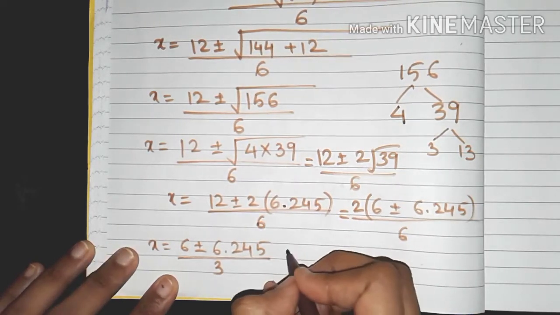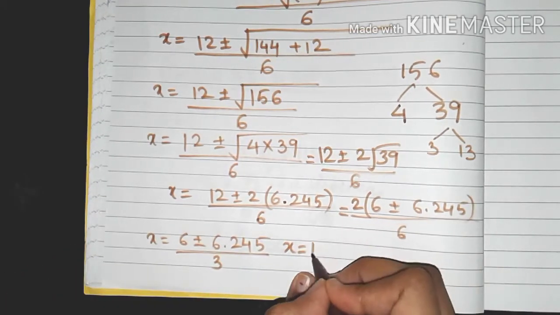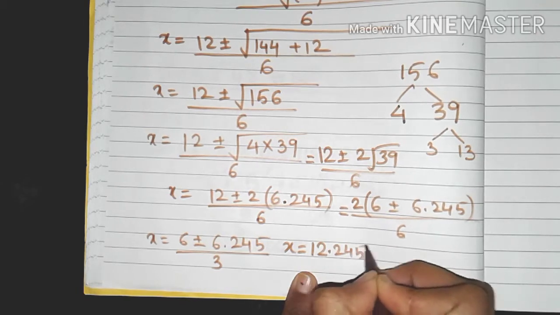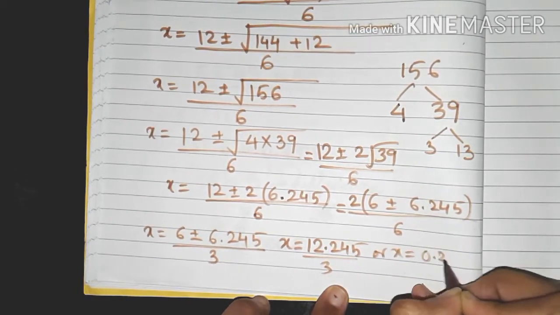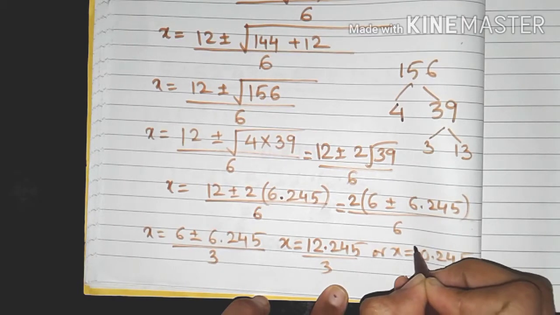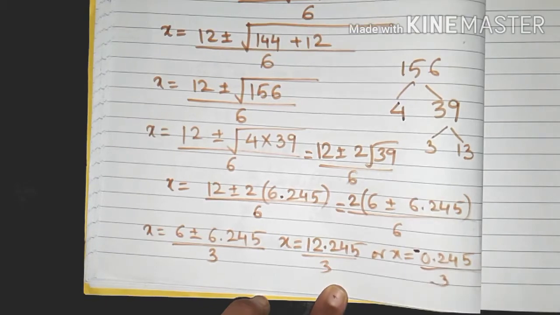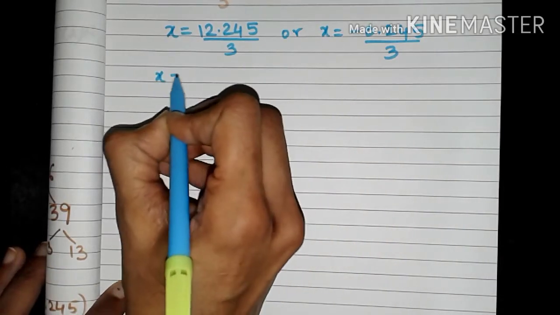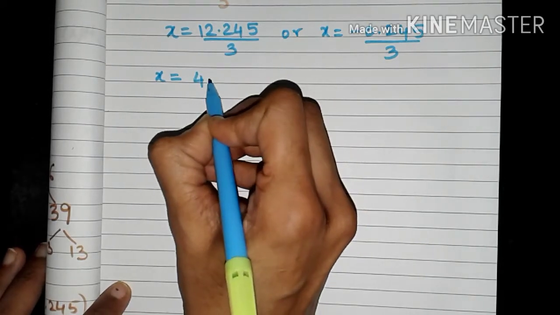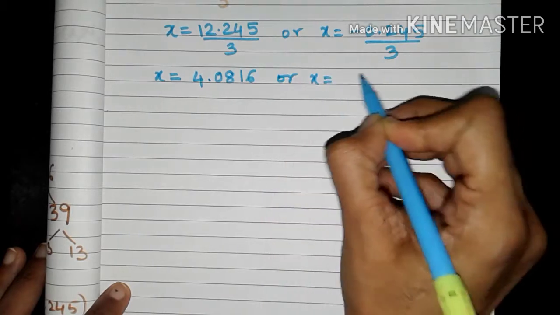3. So now let's write. Now let's add these 2 and subtract. So you'll get 12.245. These are the 2 values you'll get. Just don't forget the minus sign. There is a minus sign over here. Okay. So friends, these are the values of x. Now let's do the division, and now we will get it as 4.0816 or x as minus